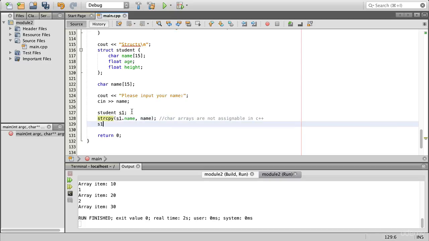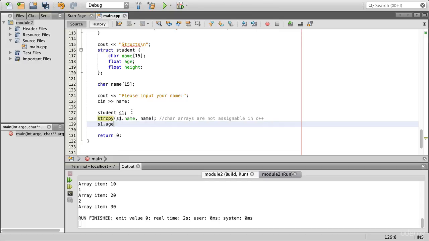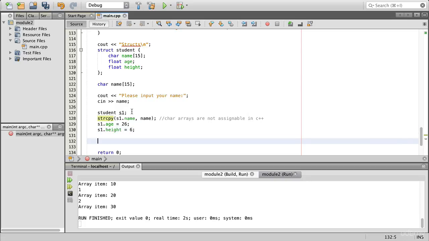All right, and then we have our s1 dot, and you can see here we're getting output of the different properties, or fields, that are on it. So we're going to do an age of 26, s1 dot, we'll do a height equals 6. All right, so our struct is set now, and we're going to do a few couts on this. So we're going to say something like showing data from,